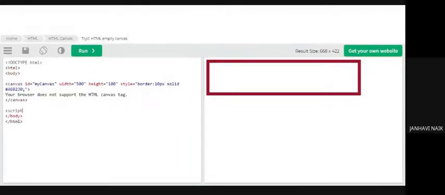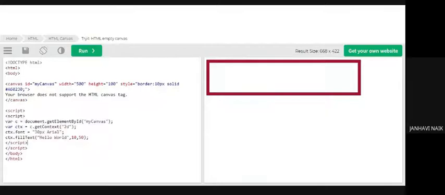Once again, script is something that we'll be studying in unit number 3. So don't take tension right now for the same. I just copy this script. I'll explain you all what this script is all about.